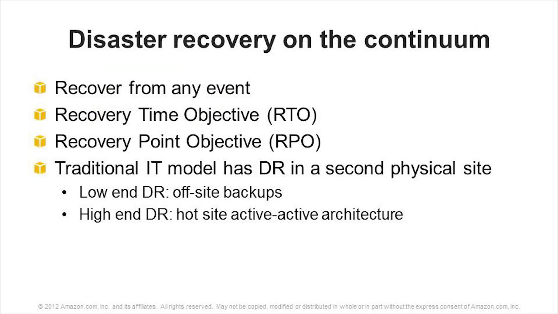So disaster recovery is at one end of the continuum, and how you choose to implement it is influenced by your requirements with a couple of things. How long you're able to be down, and that's your recovery time objective, or RTO, and how much data you can tolerate losing, or how in sync your backup data has to be with what you have in your operating environment. That's your recovery point objective, or RPO. So RTO and RPO are two terms we use throughout the presentation today, and they're key.